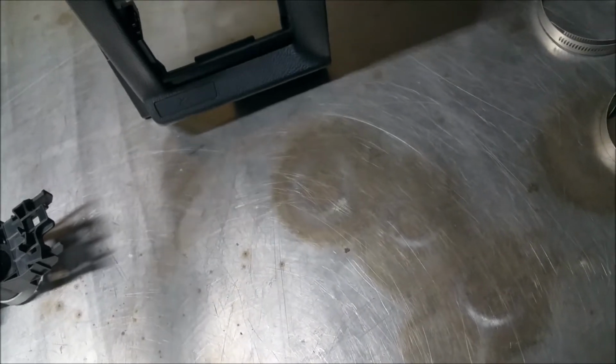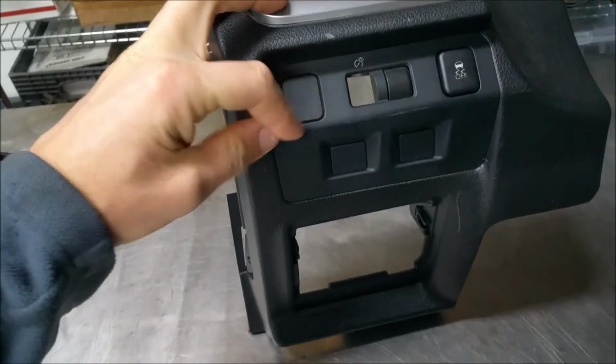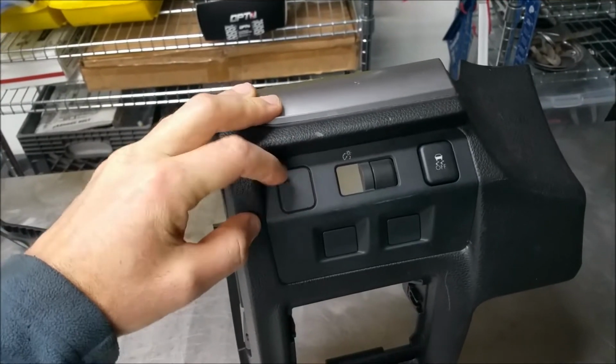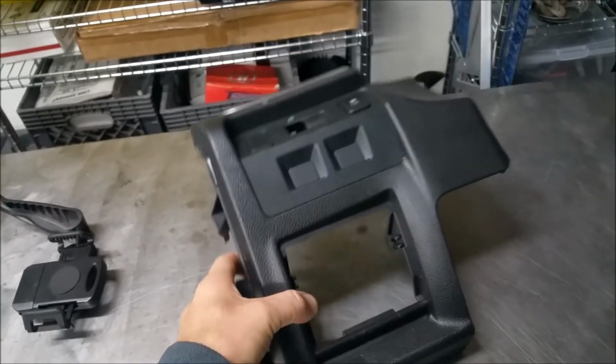I got this panel as a spare because I drilled a switch into this area right here, and I don't know, it just doesn't look right to me. Anyhow,